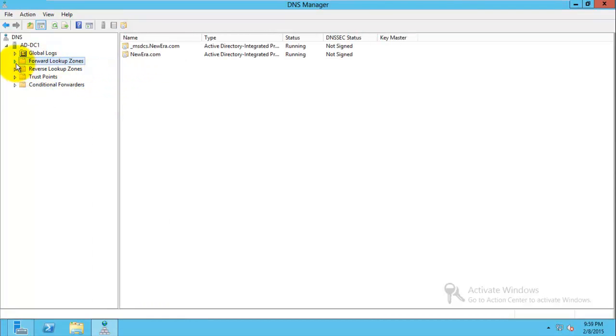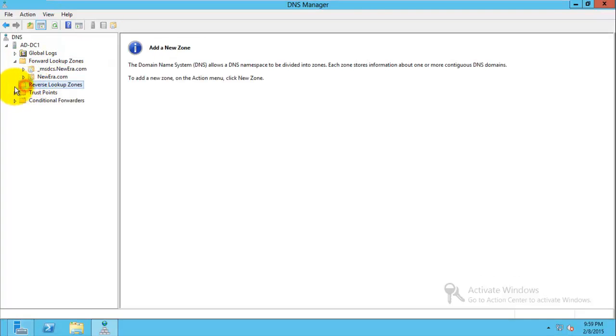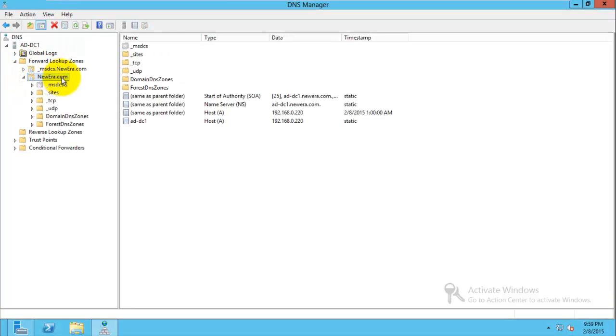We need to configure our reverse lookup zone, and the forward lookup zone is already here. Actually, the forward and reverse lookup zones are the storage units which store the domain name, the server names, and the IP addresses for those servers. So any server which connects to this DC server will dynamically update its record, and it will be stored here. So if your DNS server is not Active Directory integrated, the forward lookup zone will have no